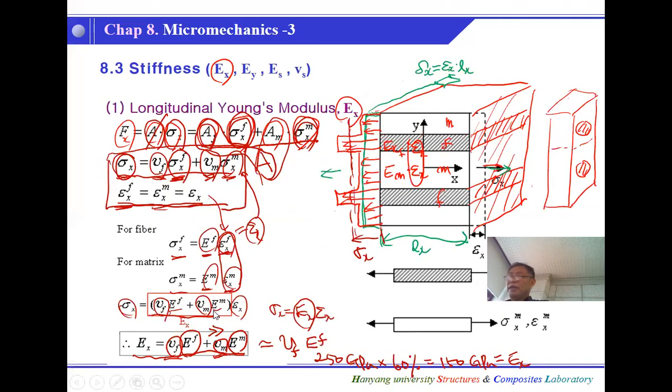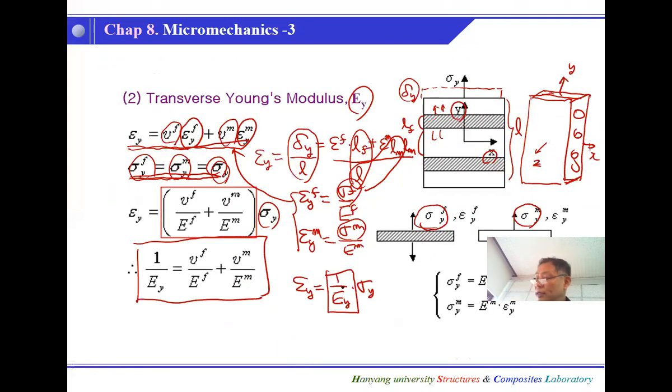It's like a spring in series, and this is a spring in parallel, meaning that we have multiple springs. So this is something like spring fiber, spring matrix, and this is the sigma. So in this case, the effective stiffness of a spring will follow the inverse rule. Okay, so these are two very simple but very important concepts in calculation of ply properties using the fiber and